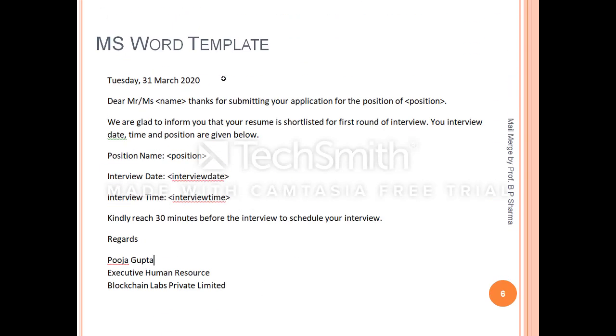Now we need to create a template. This is basically an MS Word document. Here we have given today's date and then some common text. So, "Dear Mr. or Miss," your name will be filled in this place automatically. This is a filler. "Name, thanks for submitting your application for the position of" the position name will be inserted